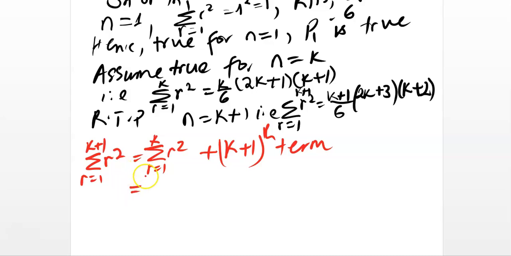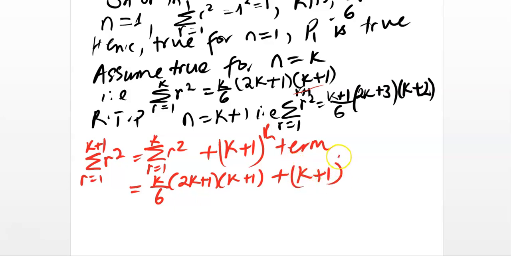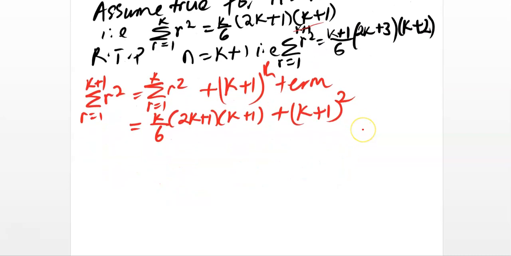Now, what is our summation? This summation here is our assumption that we had: k over 6 into 2k plus 1 into k plus 1. The k plus 1 term means wherever you see r, you put k plus 1. So if there was r into r plus 1, you put k plus 1 there. You have here k plus 1, all that squared. Now you continue